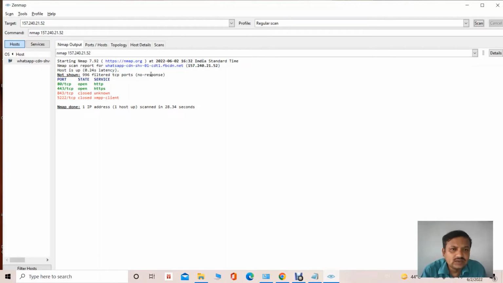So here it has shown the report. This particular IP address is for WhatsApp, and the host is up. So it is showing that this IP address is on now. And the ports which are open are shown as 80 and 443. These are for HTTPS services, and the other port that is open is for HTTP. So now these are